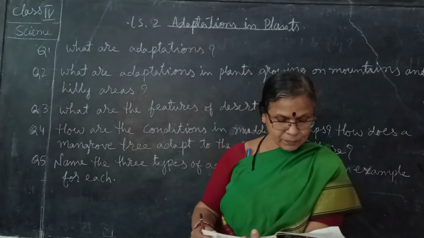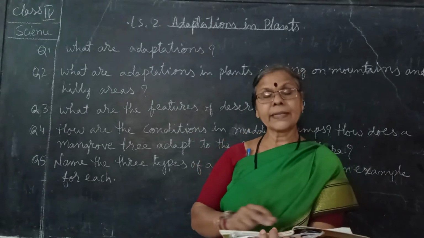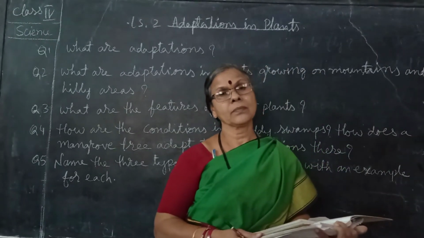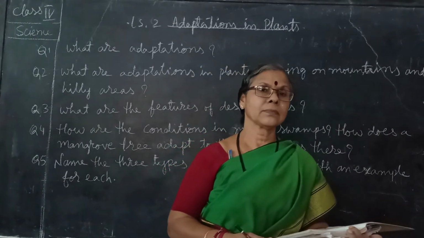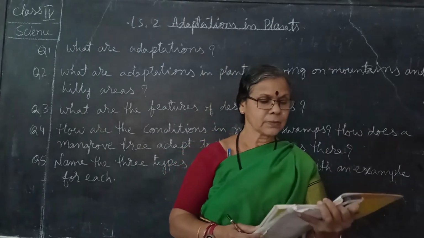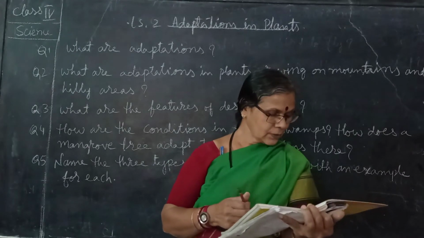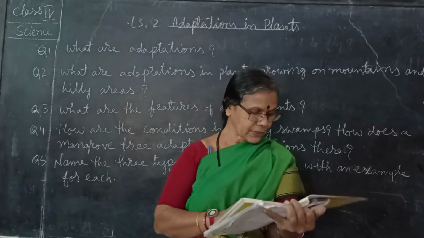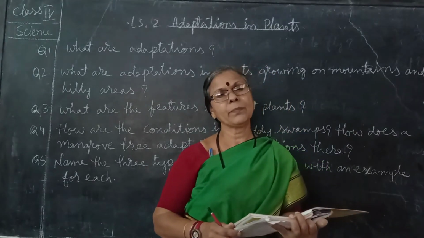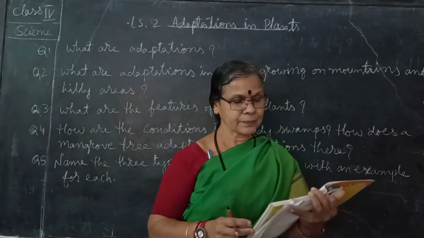Okay. Now name the 3 types of aquatic plants with an example for each. There are 3 types of aquatic plants. They are floating, fixed and underwater or submerged plants. So you can give floating, duckweed; fixed, water lily; then underwater or submerged plants, you can give the tape grass and the pondweed. These are the examples of each.